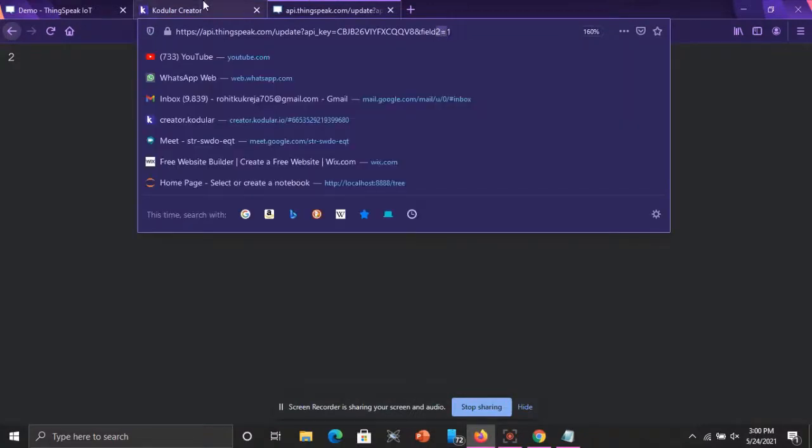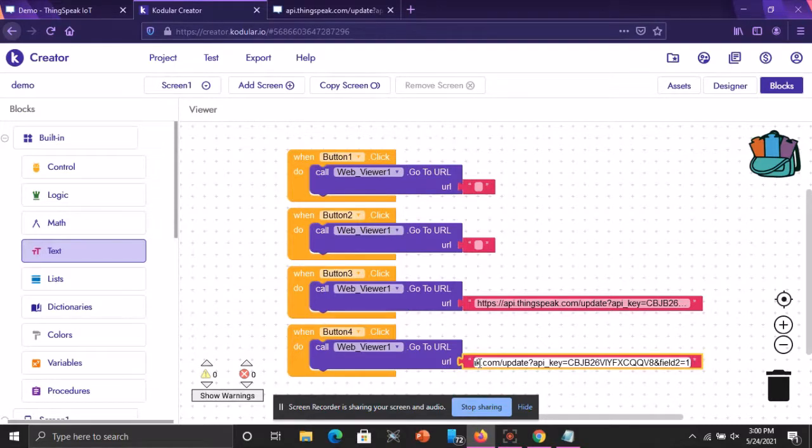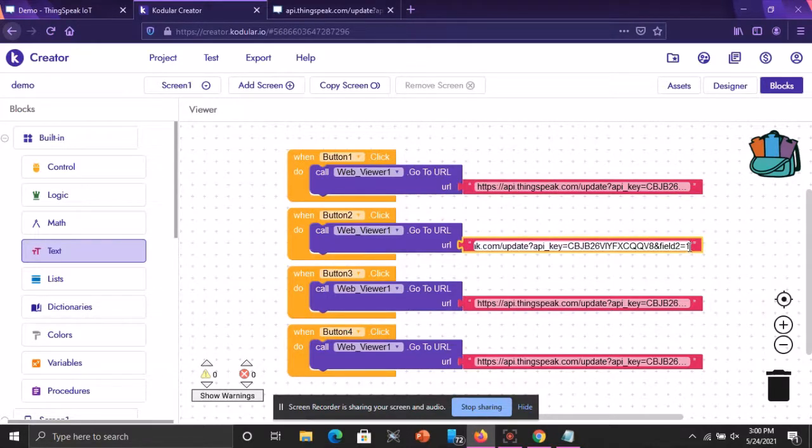Because this URL is working for field 2 only, I'm adding this to field 3 for turning on the buzzer, and field 4 for turning off the buzzer. Is it clear? Pasting this particular thing only, and then changing the field number. Pasting it again, changing the value to 0, and changing the field number to 1.